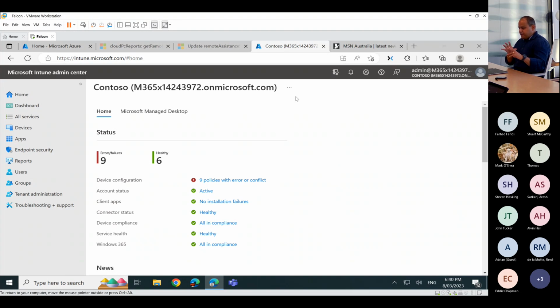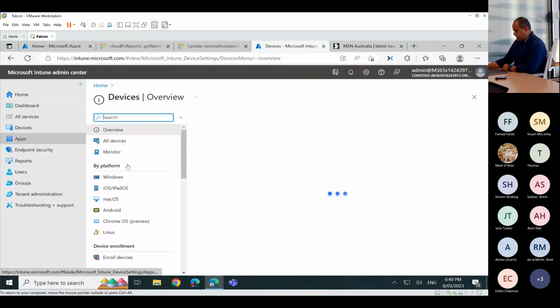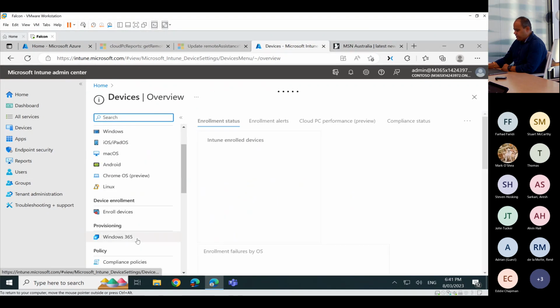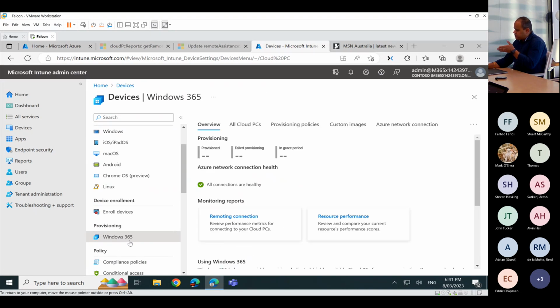We'll look at the backend first, and then we'll see how the user experience is. So we're going to take a look at both the options. For people who are familiar with Intune, there's a complete section within Intune for Windows 365. And we'll take a look at each of the options of Windows 365 and see what they are.